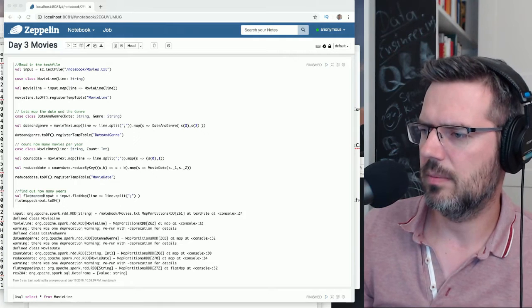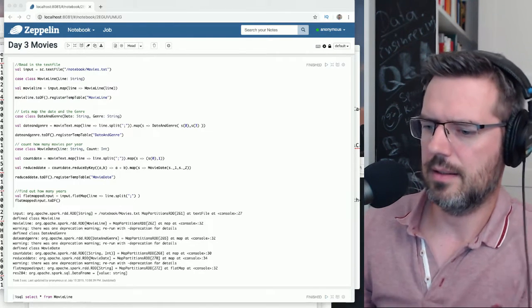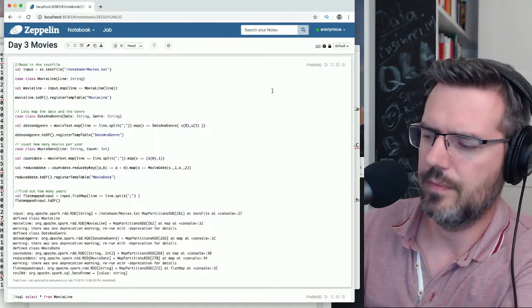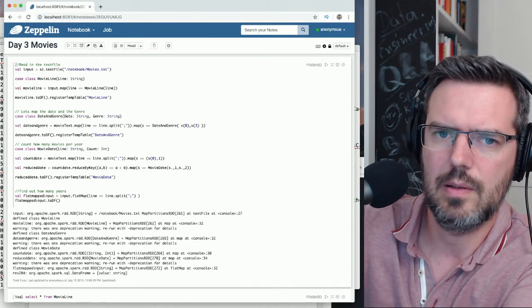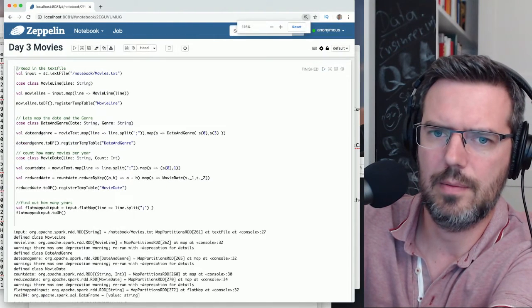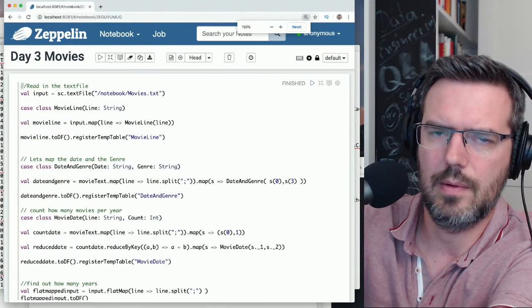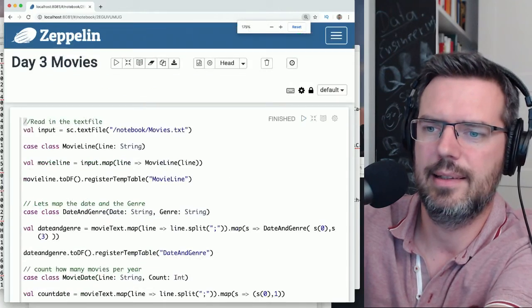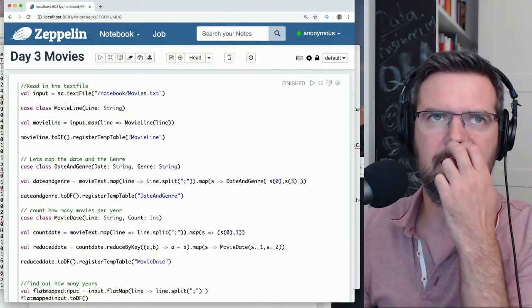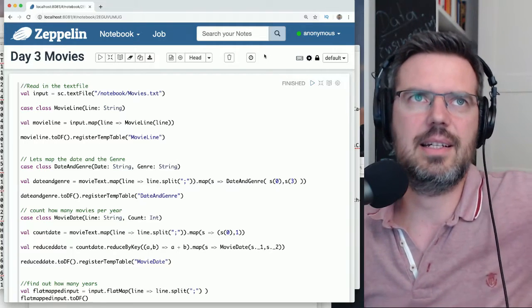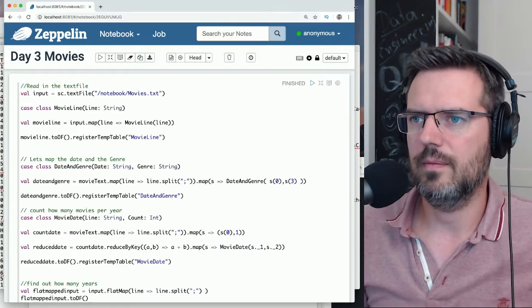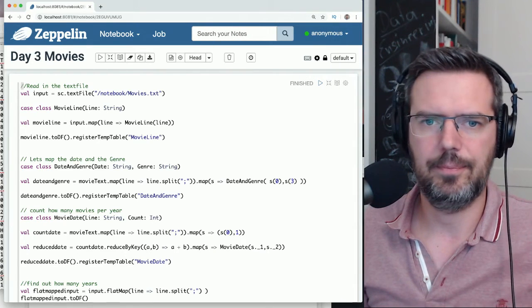Press Control plus. Okay, that doesn't work. Oh, no, this is the right size. Okay, I think now you can see better.